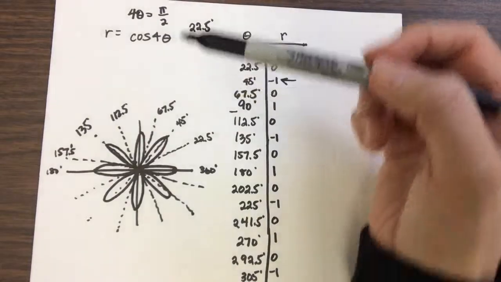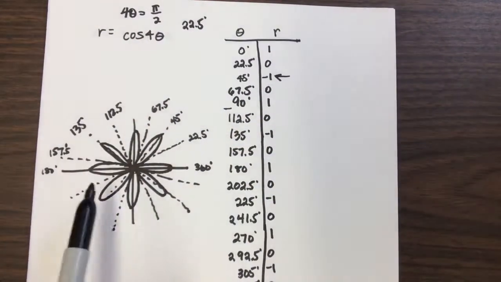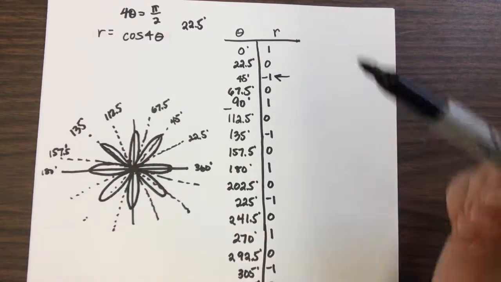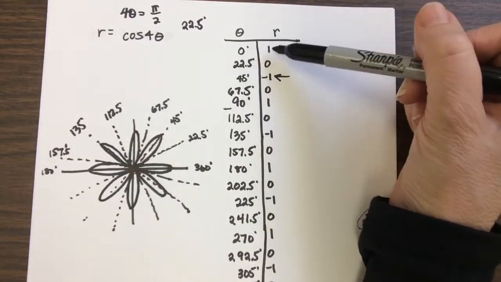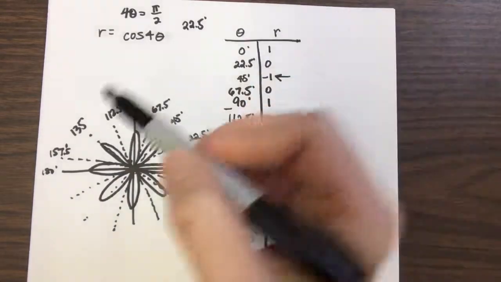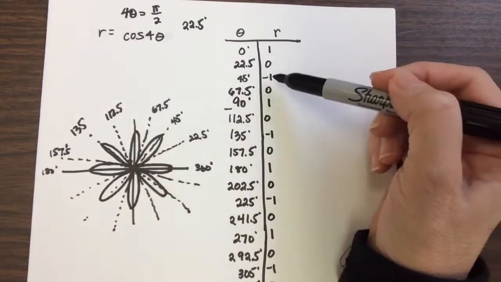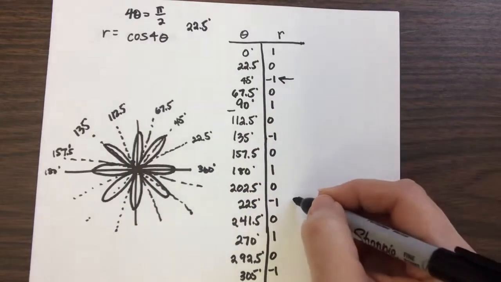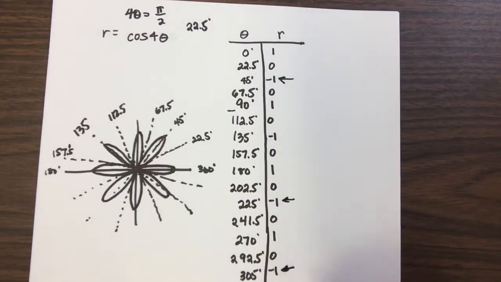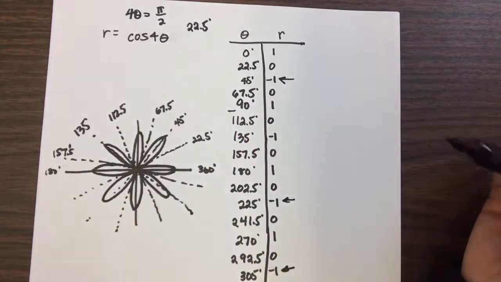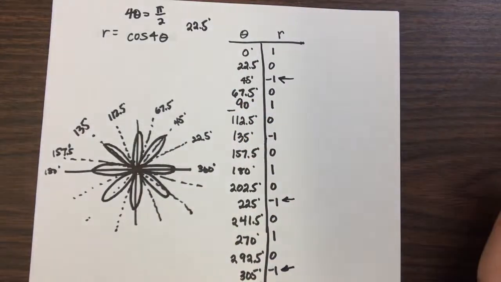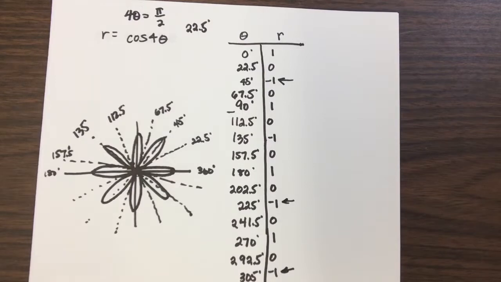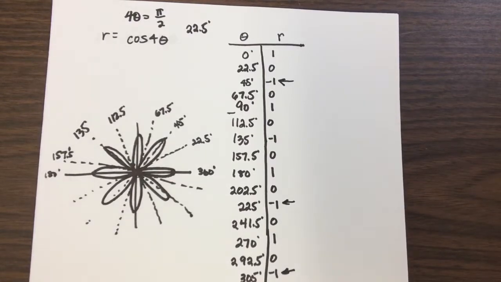So this graph of cosine of 4 theta looks like a petal graph because it's got all these petals. And all I did was follow this around. I went out to 1 with my distance and then back to 0. So I followed that around. And just be careful with negatives. If you have a negative radius, you're going in the opposite direction of that angle. Okay? I want to do one more of those just to make sure that